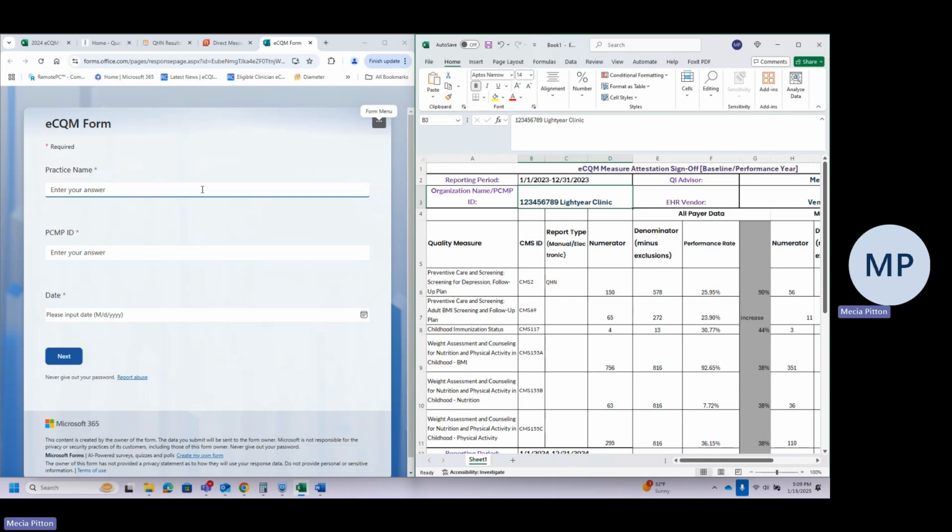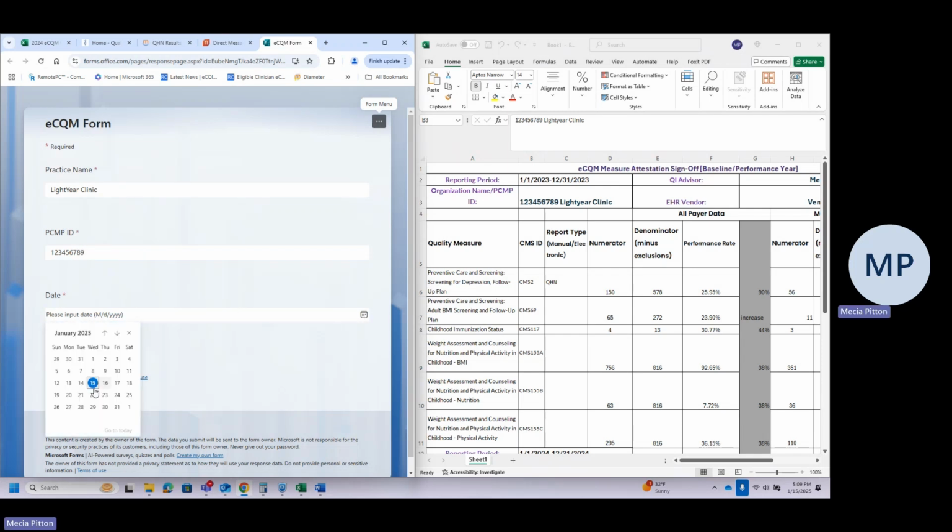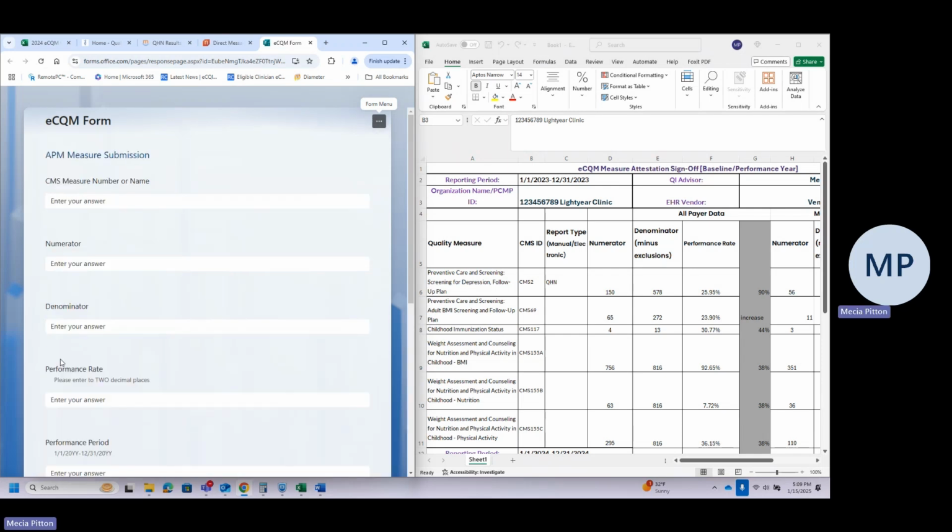For my example clinic, it is the Light Year Clinic. The PCMP ID number. And then today's date. So you can click on the date box and hit today's date and then hit next. This will advance you to your next screen where you're able to then enter in the data from the rest